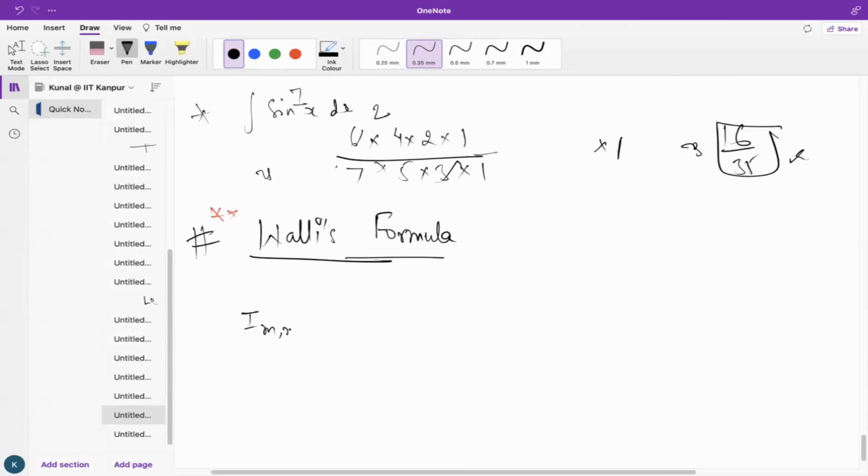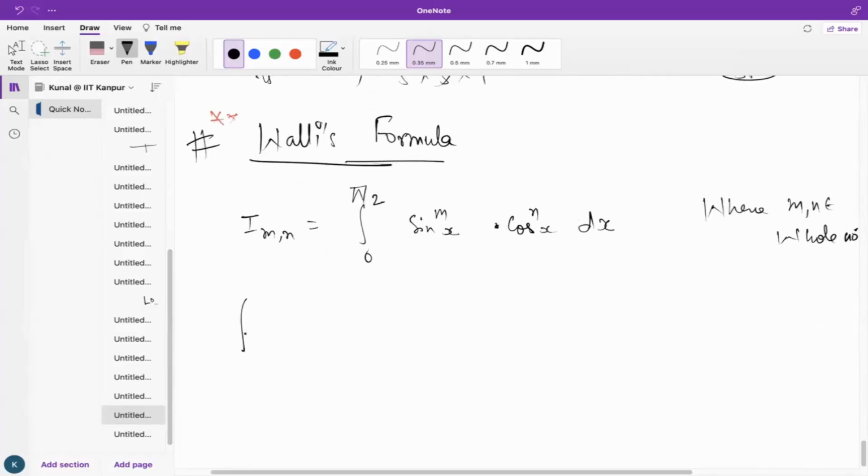I m n is equal to the integral from 0 to pi by 2 of sine to the power mx dot cos to the power nx dx, where m and n belong to whole numbers, right? So the integration of sine to the power mx cos to the power nx dx from 0 to pi by 2 is equal to,